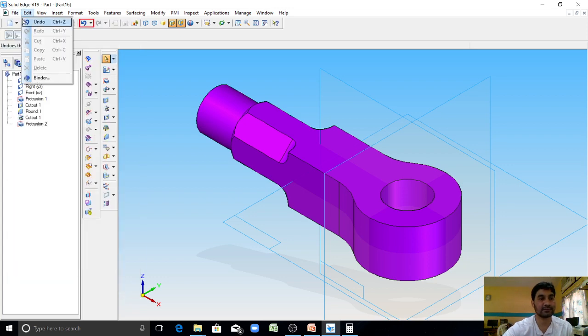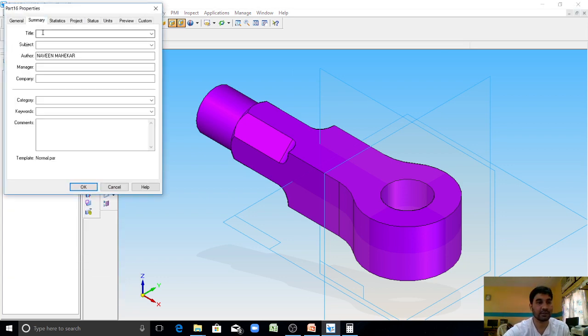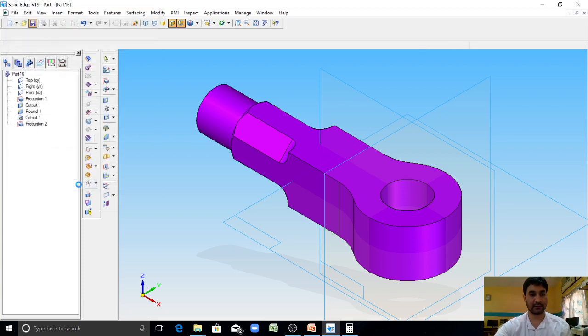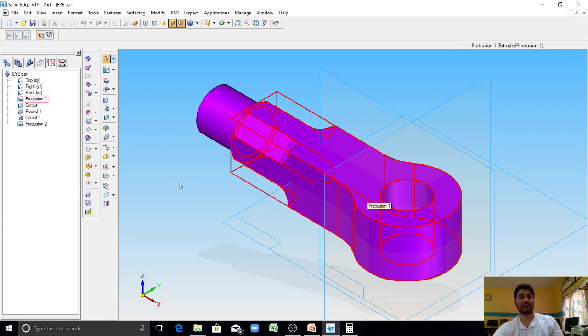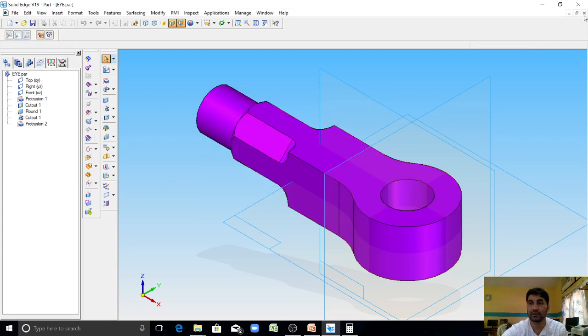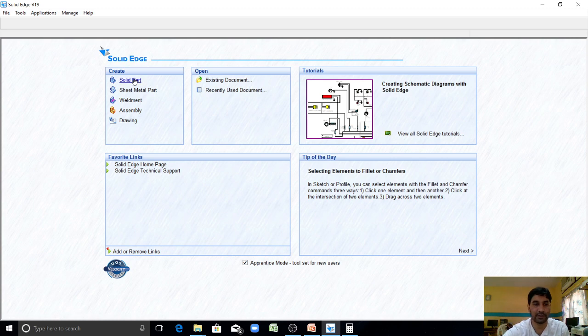Close, file, save, summary, make it as I. Click on OK. Save. Now close this. Go to solid part.